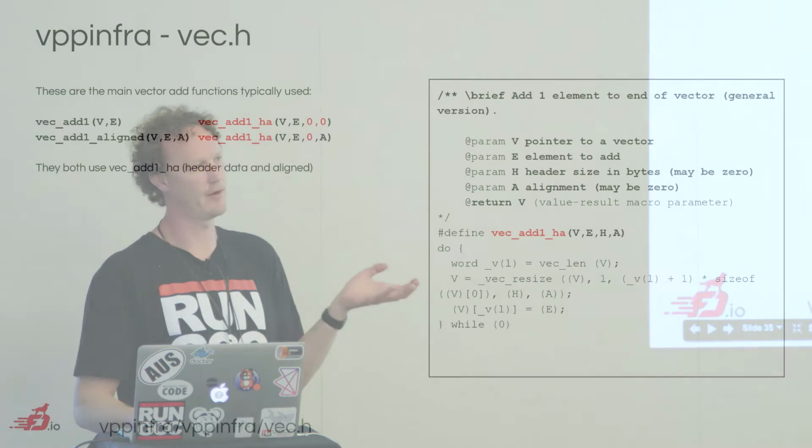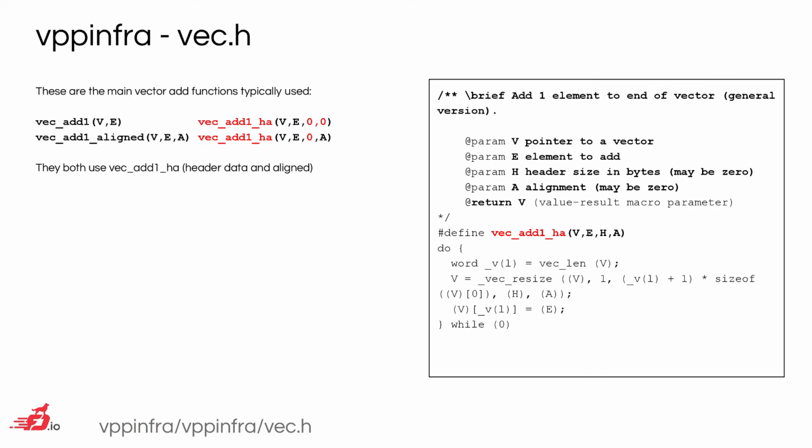So what it does is it calls the root function, which is over here on the right, vec.add1 HA, and it passes 2 0 parameters. Right? So when I want to simply add an element to a vector, I call vec.add1. I don't care about user-defined headers, and I don't care about alignment, perhaps for this particular use case. So I can still use the root vec.add1 header and aligned function, but it will get called in the background